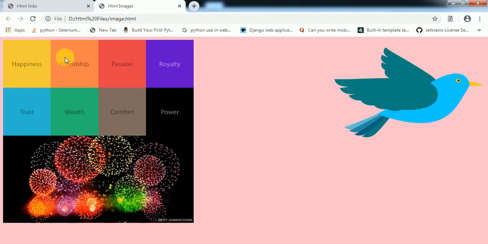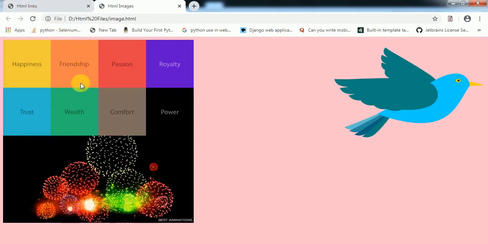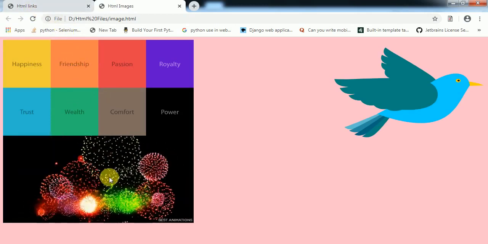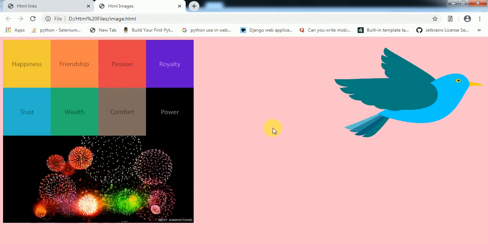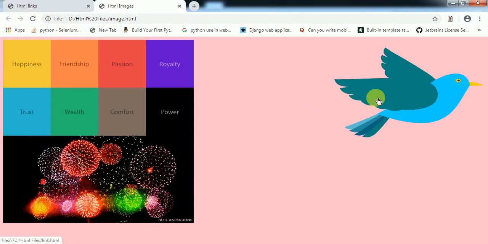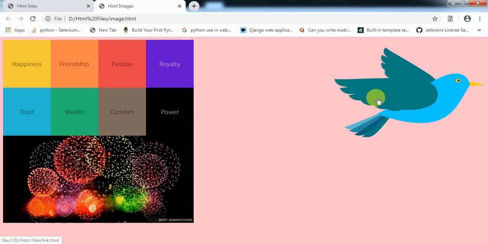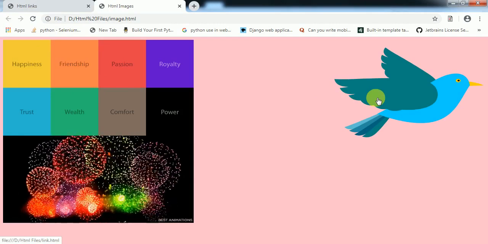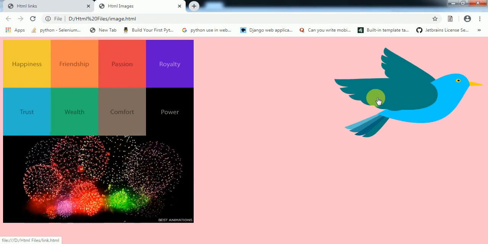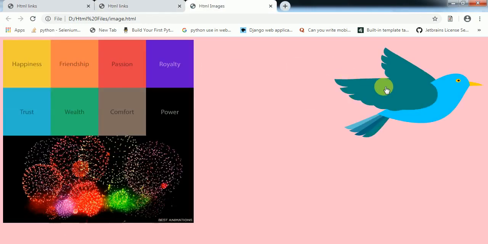Switch over to this file. Now you see that the picture pointer is there, in this GIF pointer is there, but when I move the cursor over the bird, automatically a finger appears. It shows that it becomes a hyperlink. So I am using the image as a hyperlink. When I click on this, immediately the control is transferred to the click me page.